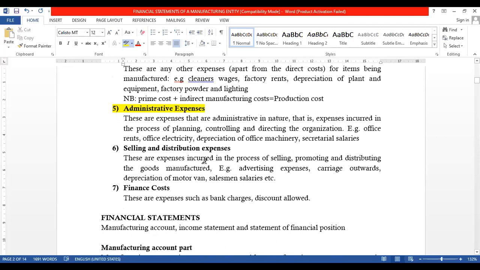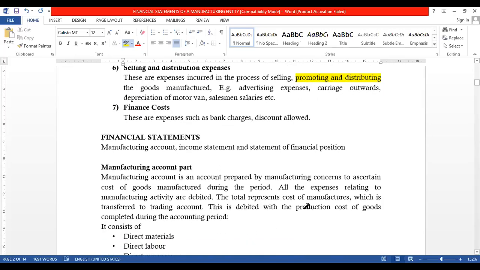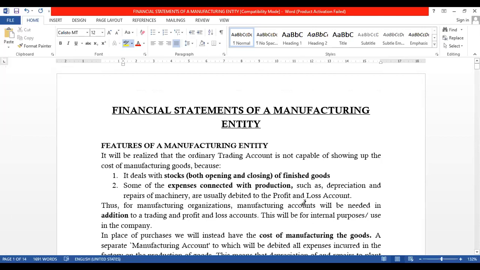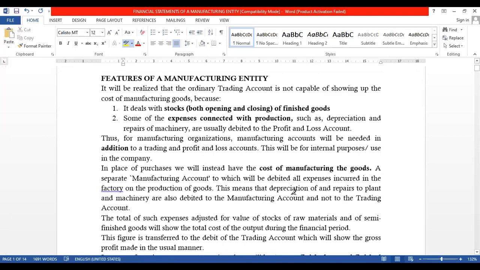So that even in manufacturing, we have carriage inward, we have carriage outwards, right? We have carriage inwards and outwards because we are talking about expenses that we incur or manufacturing entities incur in bringing in raw materials or in carrying them out, right? And therefore, it is important for us to be able to note that. Remember, again here,